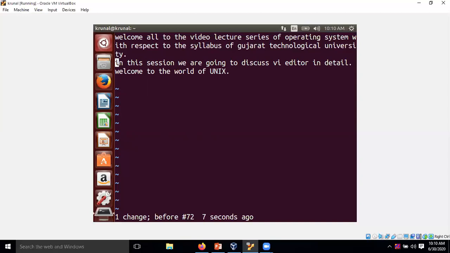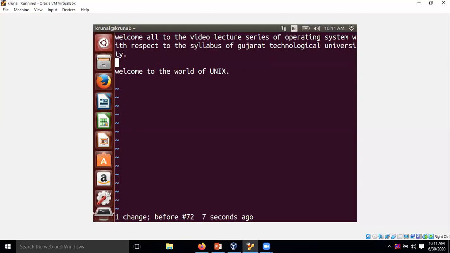Suppose I want to delete the contents of a line after the cursor and insert new text. In that case I need to use capital C, which deletes the contents of the line after the text cursor.